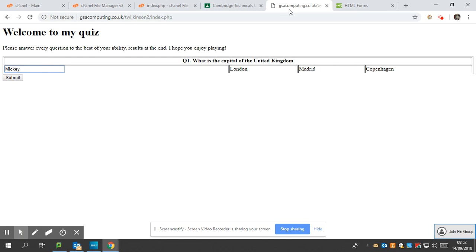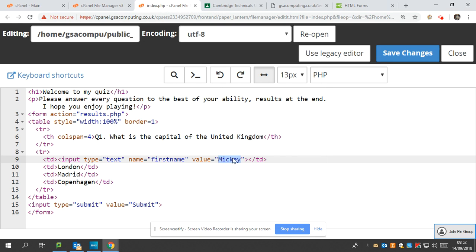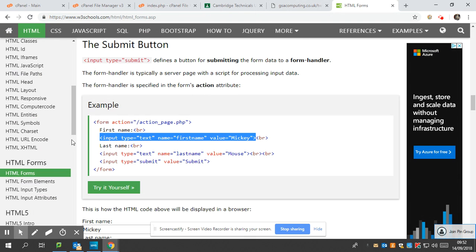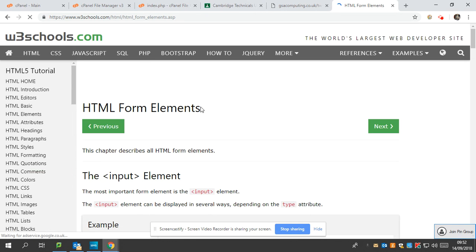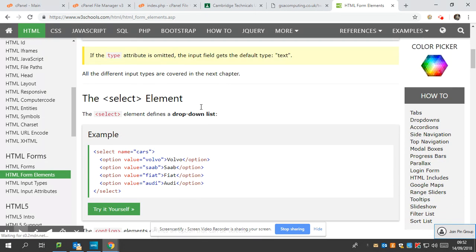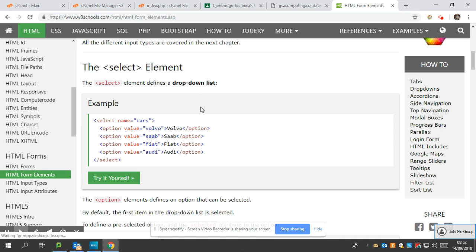Now, because mine is a 4 multiple choice question quiz, actually a text item is probably not going to be the best one for that. I'll just go ahead and put Paris back in. If I actually have a look at form elements, I can see the different types that I have got available to me. And one of the ones that's going to be useful for this is if I have an option value. And if I use this one here, so select names,